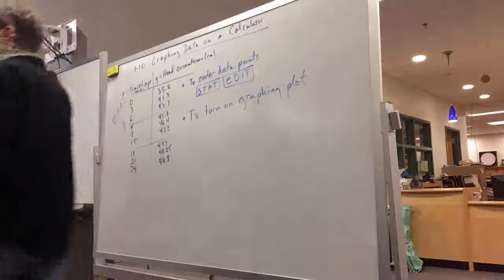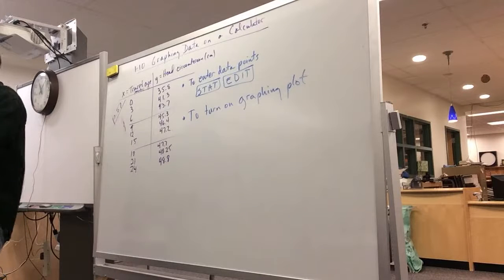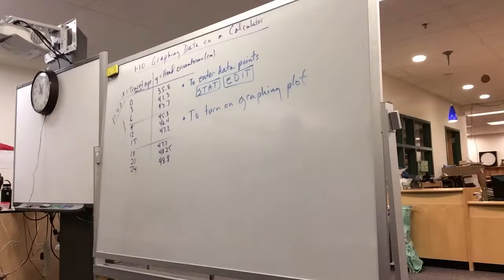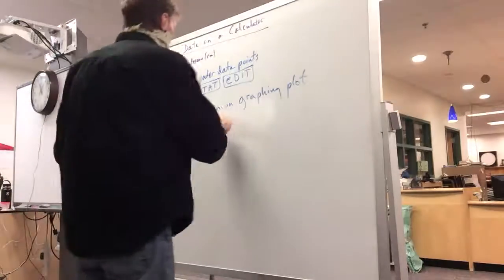Okay, so are we with this entered? I know you're still catching up, but the rest of us are, so we're going to move forward. We want to graph this, and it takes a couple of steps. First of all, we have to tell the calculator which data we want to graph, because you've got lots of lists, and you could have data in all of those lists, and you may or may not want to graph it. And we need to say how big the graph is going to look, because it can go to billions on your X and Y axes, and we've got to limit it. So first of all, to turn on graphing plots, here's what we do.